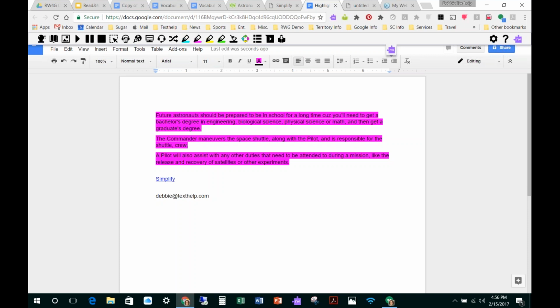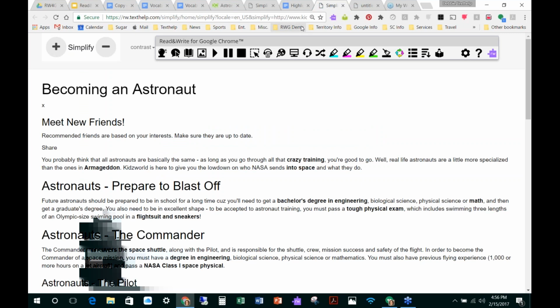Okay, and then as we quickly move along, because yeah, go ahead. Great. One really nice thing about that is if you look at the bottom of that document, if you see the word simplify, yep. That is a link that will link back to the original document. So if you're doing it on a web page, it's not going to say simplify, it's going to say Time for Kids or World Book, yep, or wherever the students got that information from,